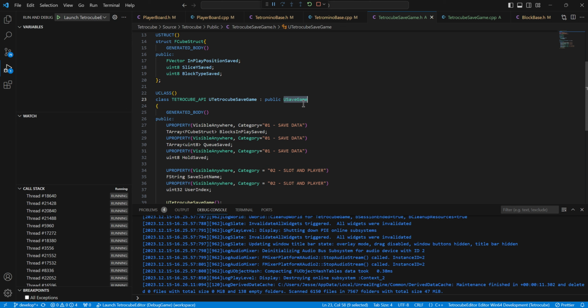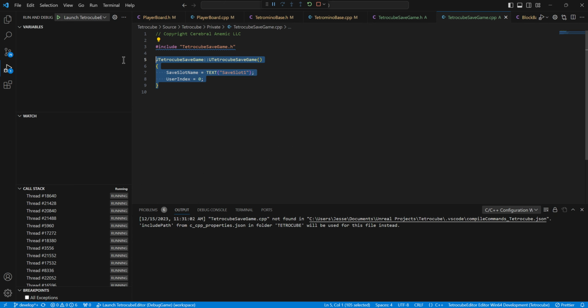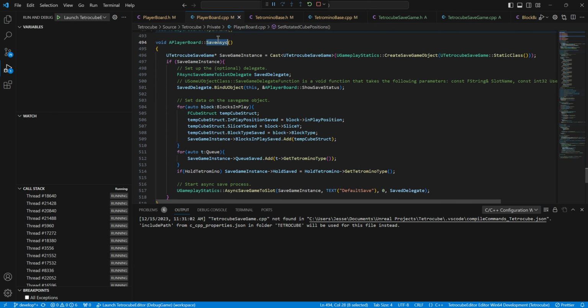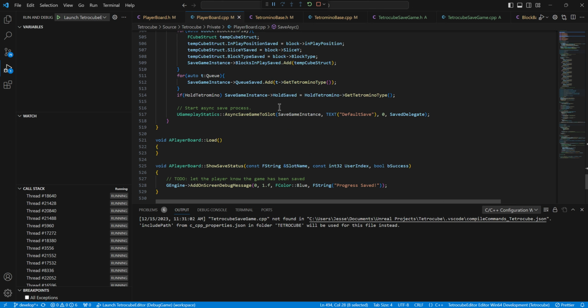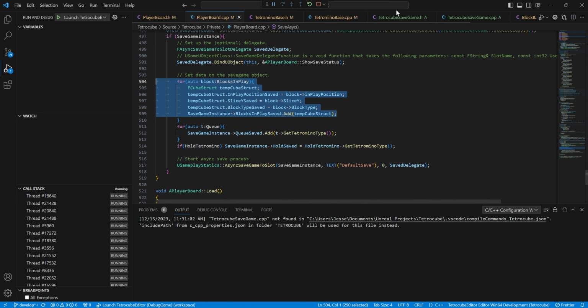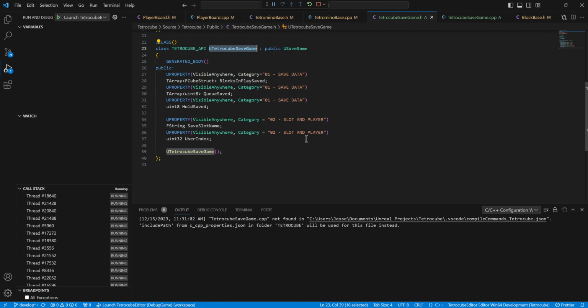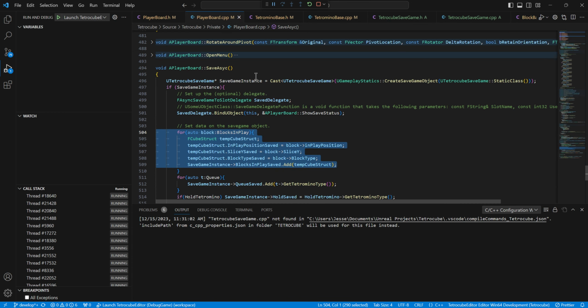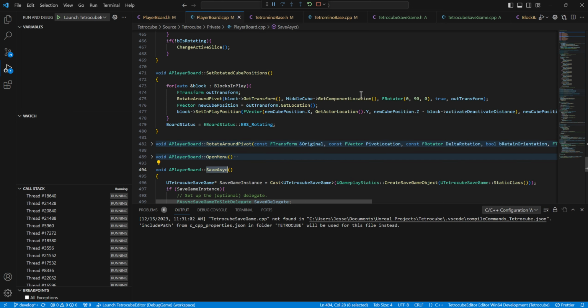You just extend a U save game, call it whatever you want, and then the actual code itself, I probably should be handling this outside of the player board, but for right now, I just have a save async function. A lot of this code here, maybe I should just be passing to the Tetris Cube save object. It wasn't particularly clear what best practice was in this regard. But right now I'm just handling it where I'm handling my gameplay, because it is going to be called directly from the